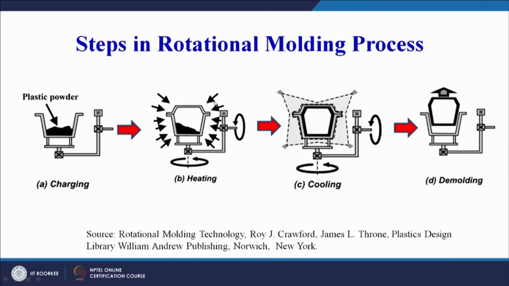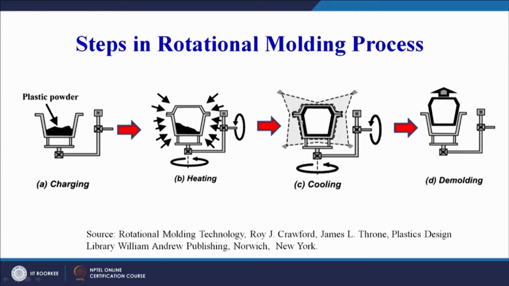Now we are supplying the heat also, we are rotating the mold also, and once the rotation starts, the next step is, you can see the plastic powder was input here, it was lying at the bottom part of the mold. Once the rotation has started and the heat has been supplied, a layer has been formed at the inner section of the hollow mold. So this is the layer or the final product that we want to produce, this black layer inside the mold, and the rotation is continuing during the cooling process.